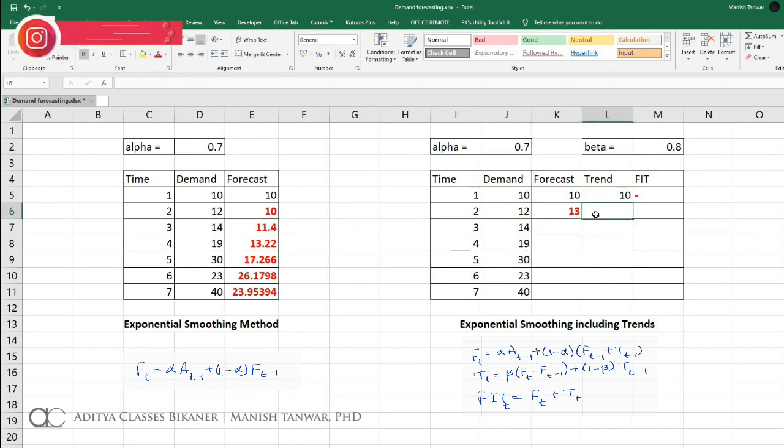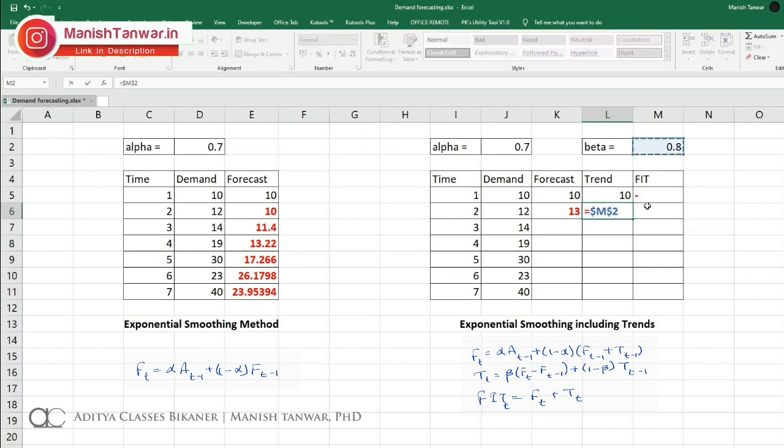As for trend, the formula is beta multiplied by the difference in present forecast and previous forecast. So that will be this minus previous forecast, plus 1 minus beta multiplied by trend of t minus 1, that is previous trend.